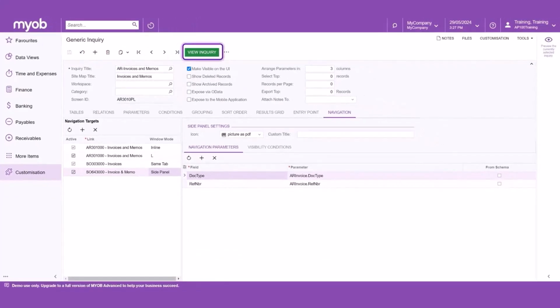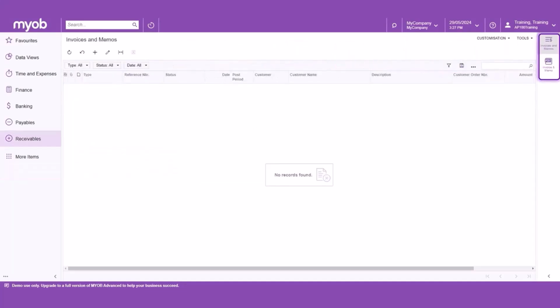On the top form toolbar, click View Inquiry to preview the changes. When selecting any row, click on the icon chosen for this inquiry or the arrow at the bottom. Do not click a hyperlink. Then, the details are displayed based on the information you require. You are ready to navigate the software after viewing some tips and tricks and learning how to create a side panel navigation from a generic inquiry form.